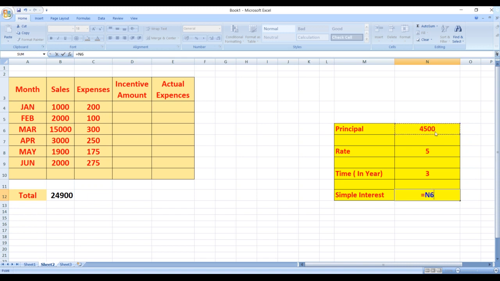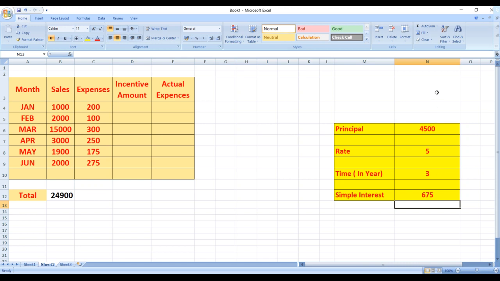Principal into, then select the cell reference of rate, then into time divided by 100 and press enter. So our simple interest becomes 675 rupees.